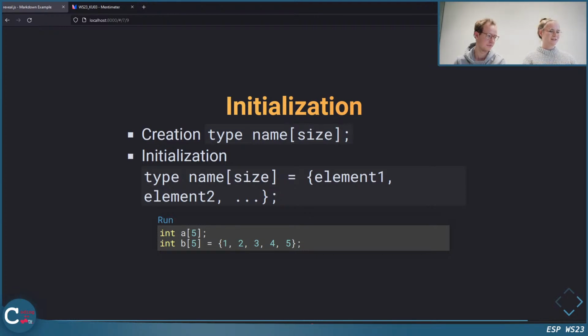It's fixed size. You can't change it after you chose it. So it's not that it's always the same size, but the size is fixed when you compile the code. You can't say, okay, I'll add an item to that array after you created it, because it's a fixed size.